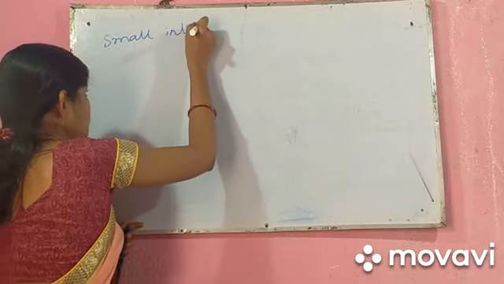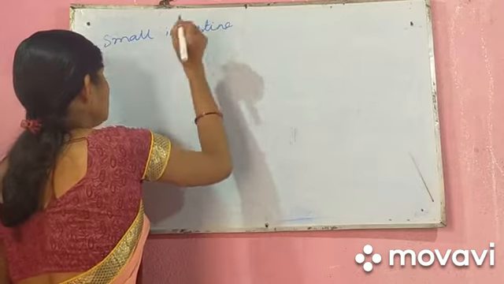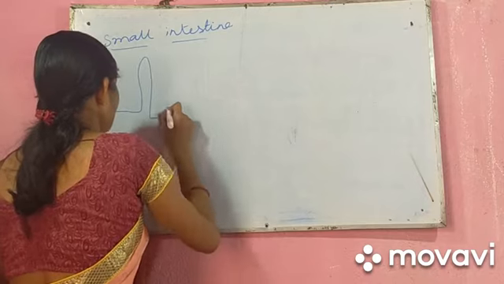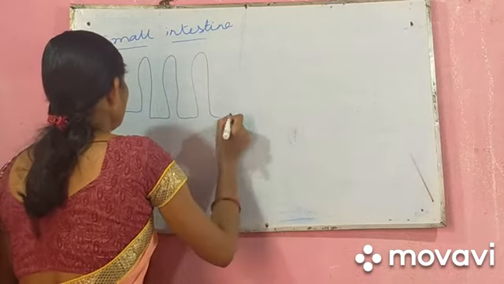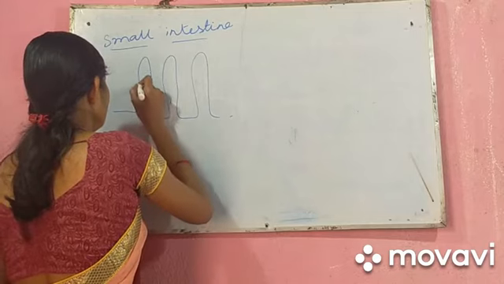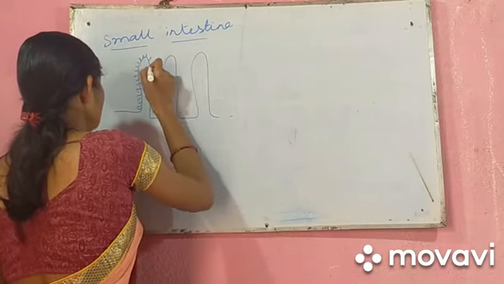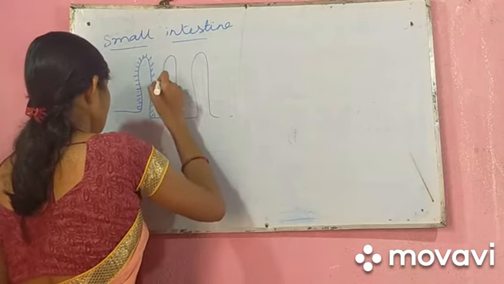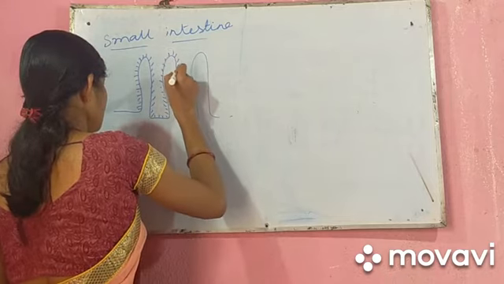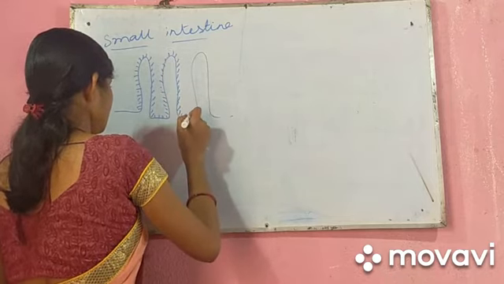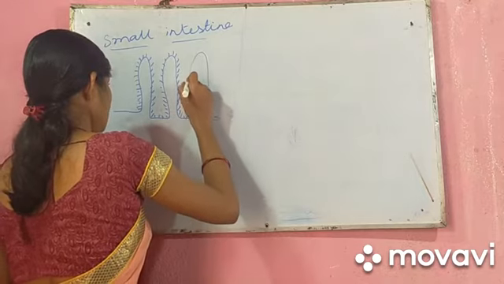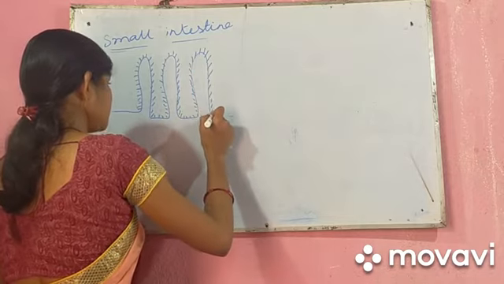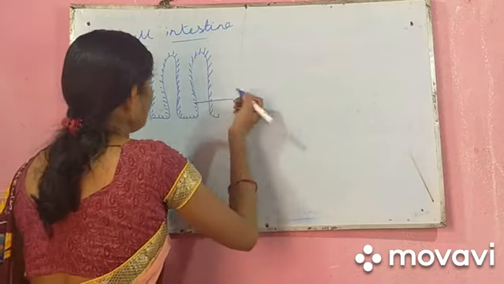In the small intestine, we have small finger-like projections